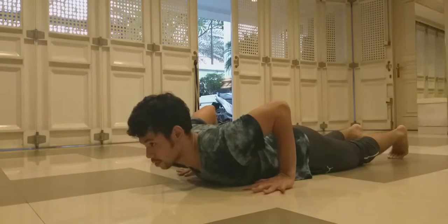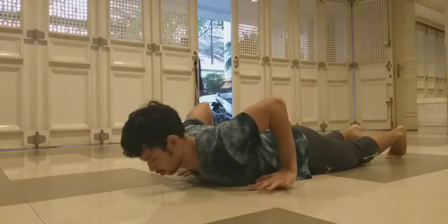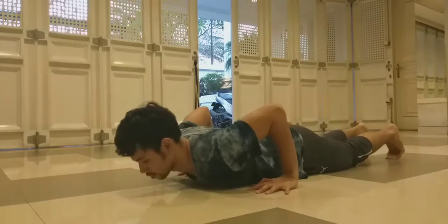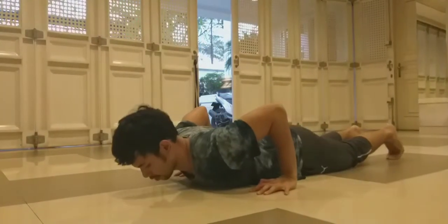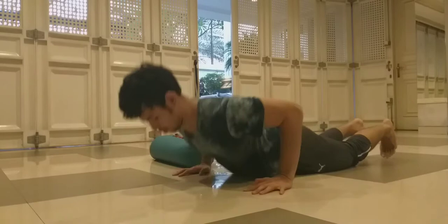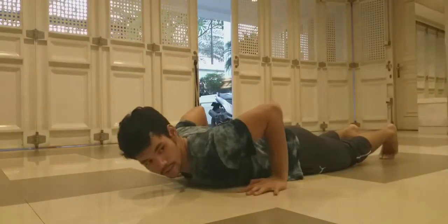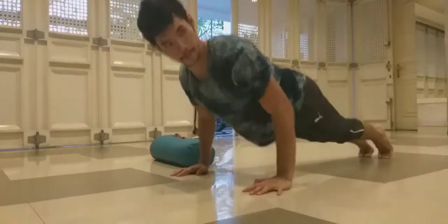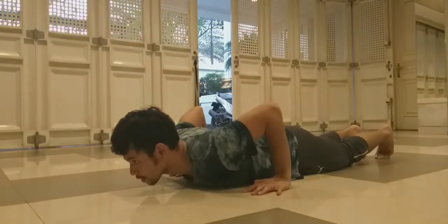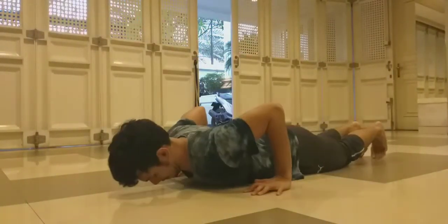Hands shoulder width apart. Put your thumb right under your nipple line, and the width from there would be just the length of your thumb to your body. And then drop your body flat on the ground and then push up. Now this is called the drop push-up. This is where you want to start before you go to the full plank push-up type